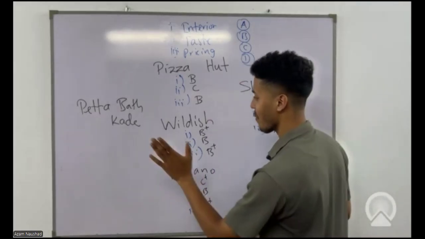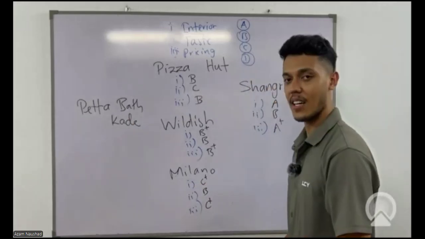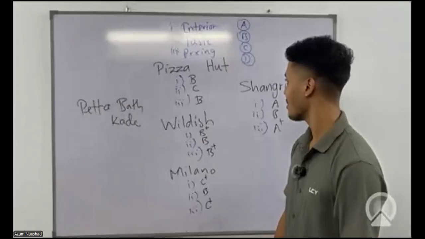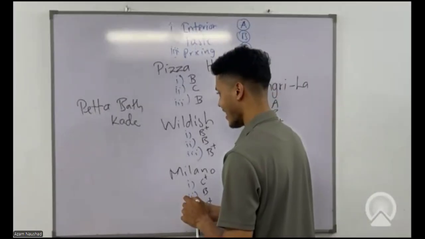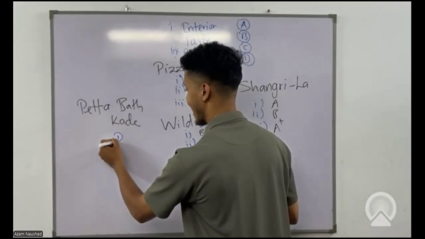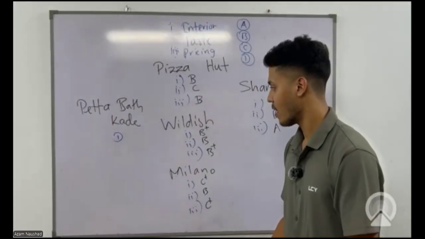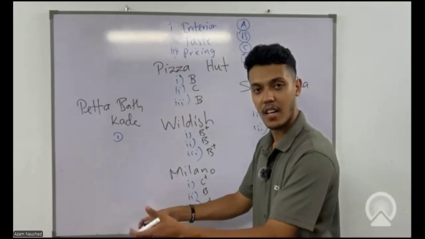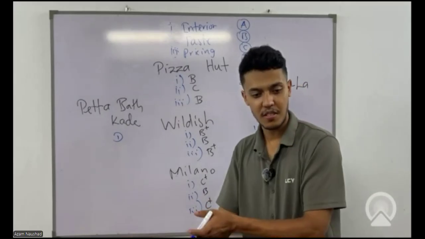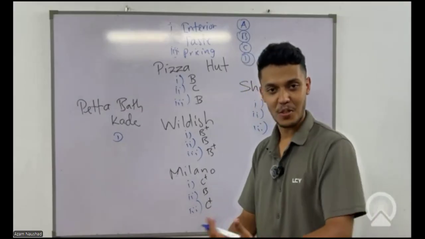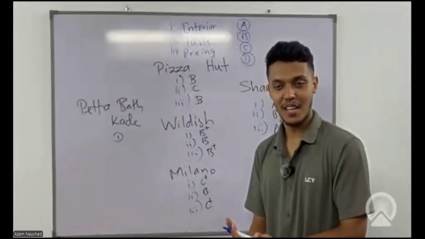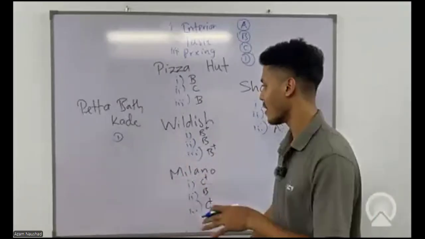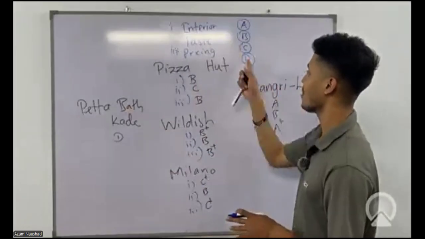So this time, Petabat Kade. Petabat Kade, right? So if we take the interior, we can clearly go to D. We can grade it as D. When you are entering Petabat Kade, you can definitely find some rats, cockroaches crossing here and there, and cats would welcome you, and also dogs sometimes. So yeah, you can have a nice welcome. So that's Petabat Kade for you. So interior is going to be D.